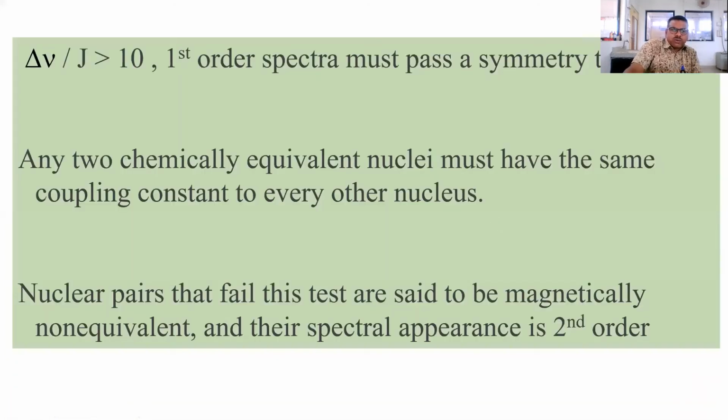So delta V upon J is greater than 10. The first order spectra must pass a symmetry test. It means that when we are getting the symmetry of the picture,